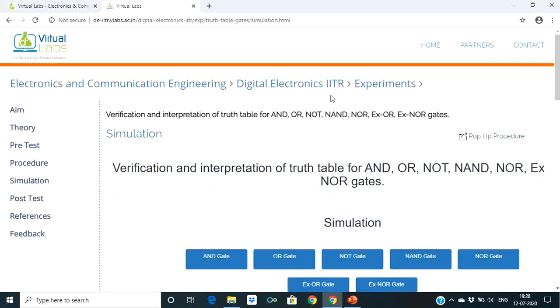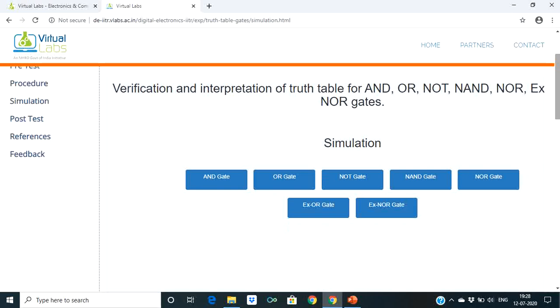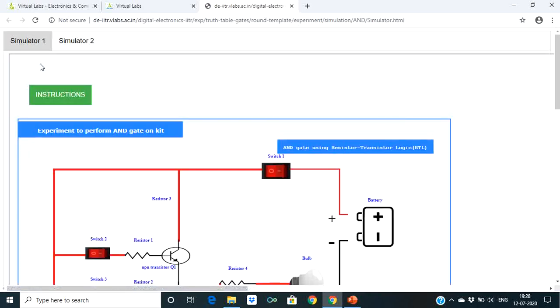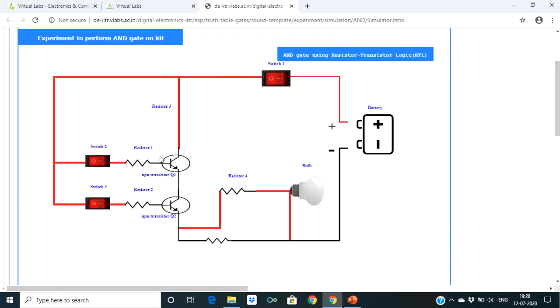When you go to simulation, you will see this window. First of all, let's go for the AND gate. When you go for the AND gate, there is simulator 1 and simulator 2. In simulator 1 we will see this is the circuit. We are using two transistors, switches, and this switch is to connect the power supply. This is the battery.